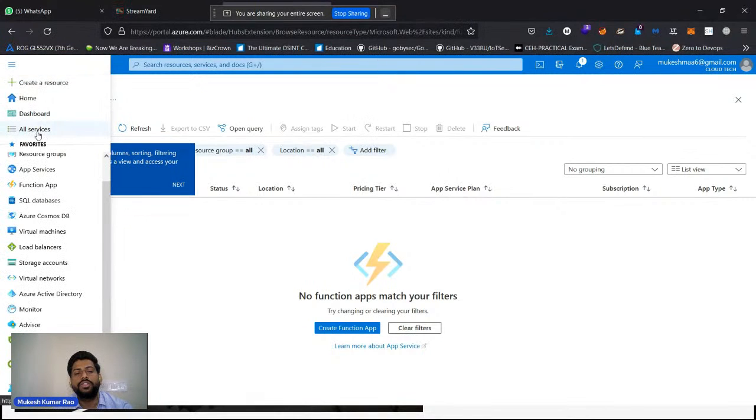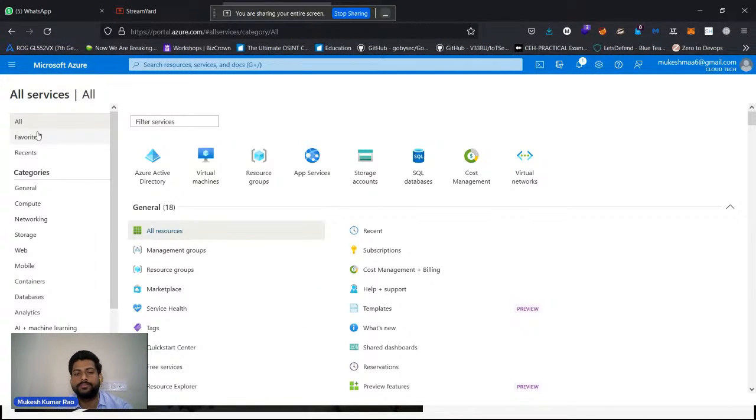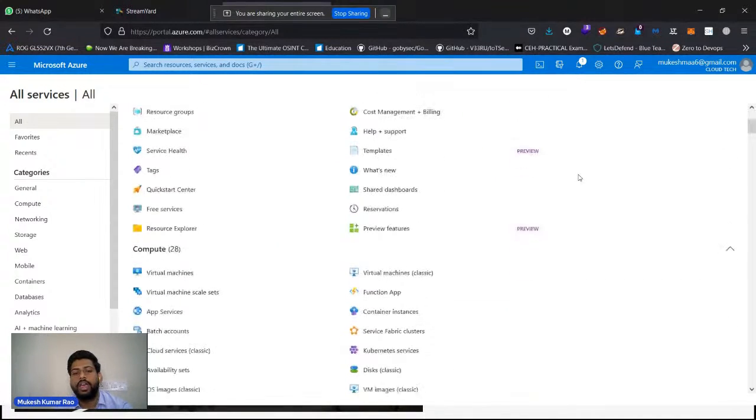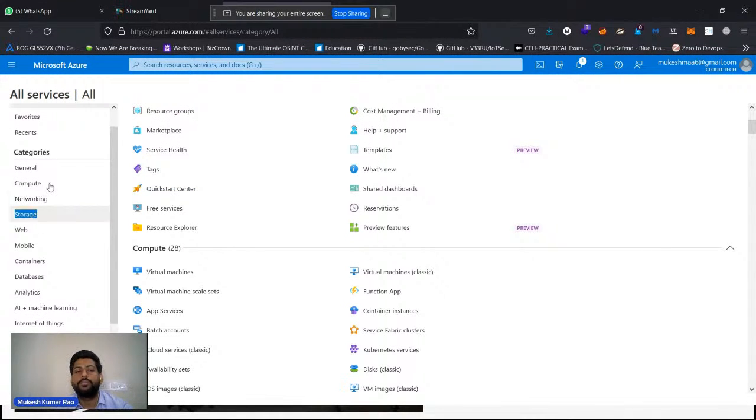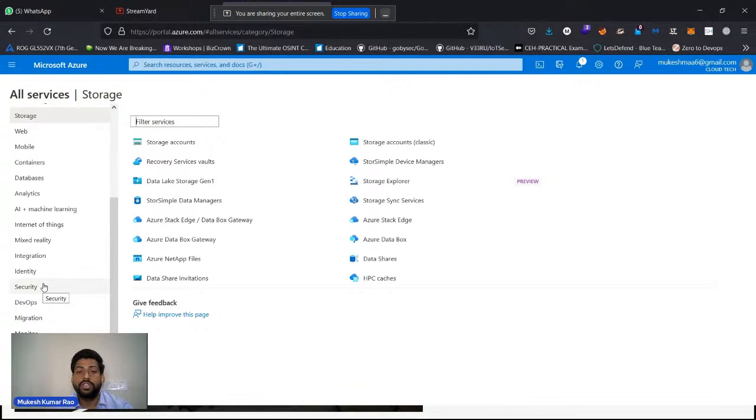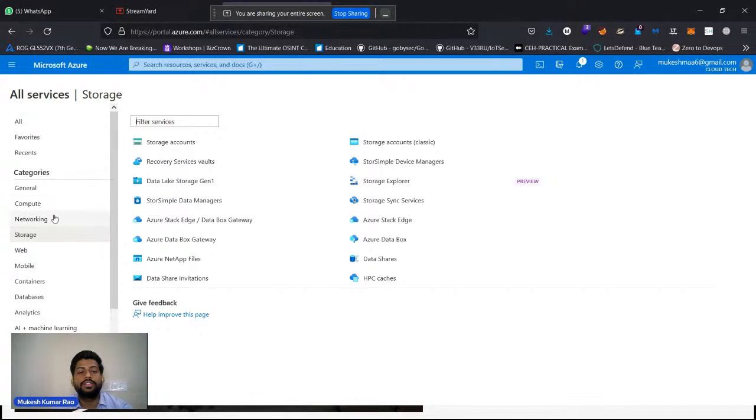Then you just click on this portal, all services. There you will see some highlighted services which are mainly used in every industry, and you can get all the categories from here. General computing, security, DevOps, monitoring, hybrid. If anybody wants to grow their career in IoT or artificial intelligence, machine learning, all these services are available on the Azure cloud platform. Okay, so here we will focus on the one service that we call storage service,